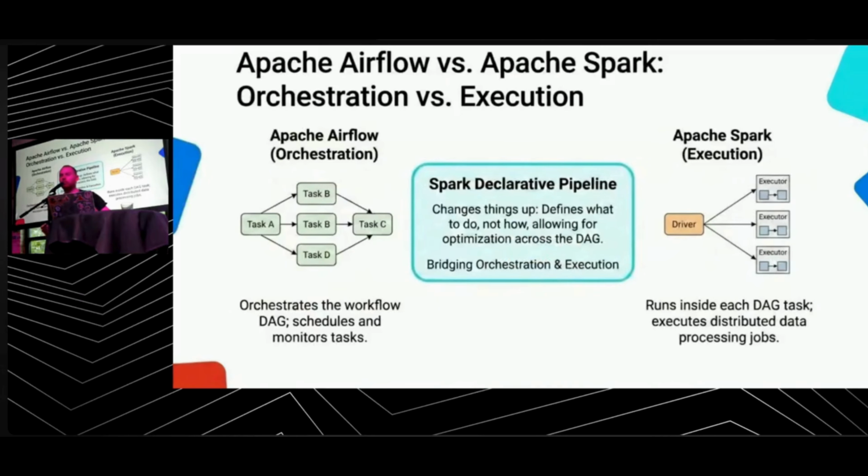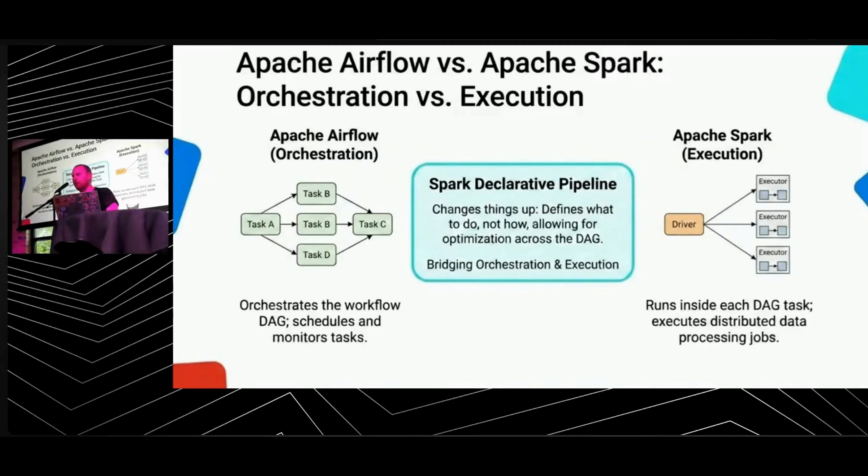So what does Airflow have to do with it? Somehow 99% of humanity's big data efforts run on Airflow plus Spark. What does it mean? Airflow is the orchestration layer, the part that tells what to do, when, and in which order. And Apache Spark is the execution engine, meaning we need to process terabytes or petabytes of data and do that on hundreds of machines. This is where Spark comes in. Both are open source projects used by most of the Fortune 500 for processing data. In general, there are tens of billions of dollars of resources in humanity's big data efforts and data collection being done with this.